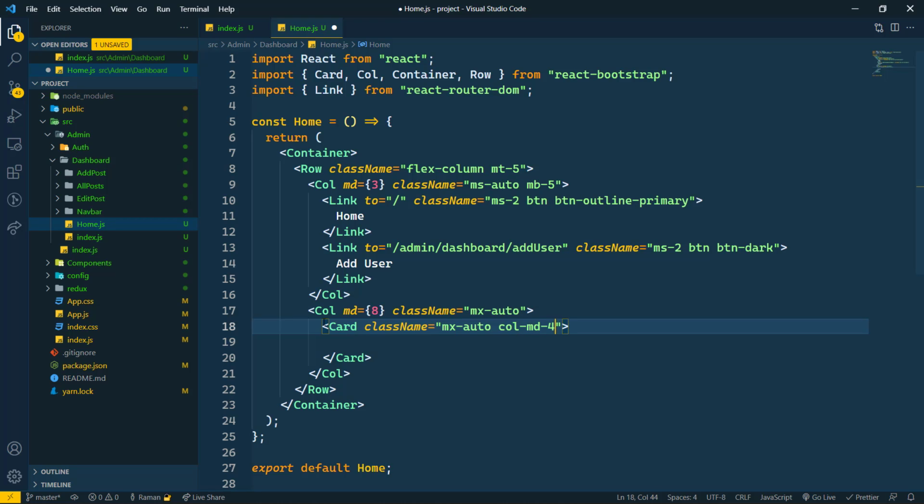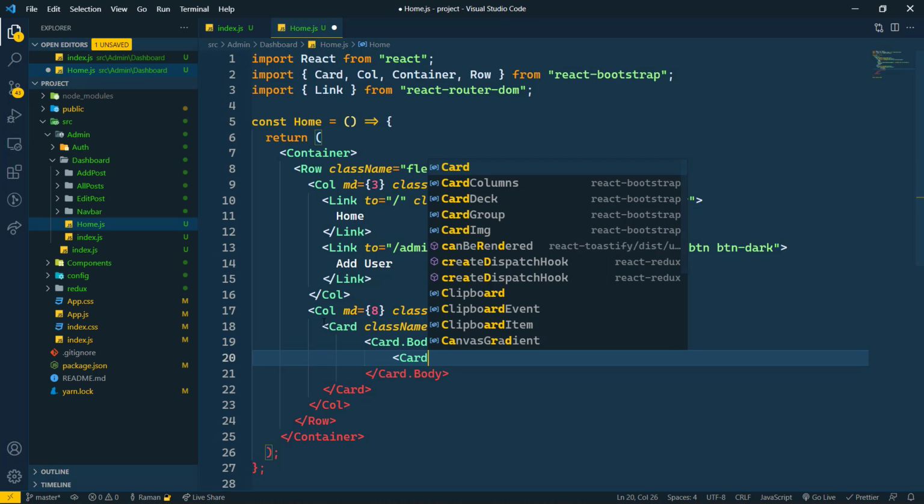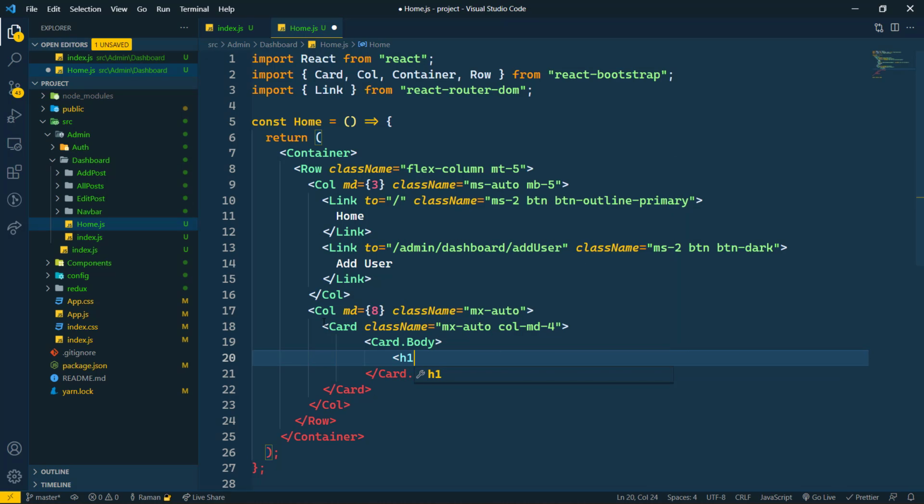col-md-4 is good. And for this we need card body, so I'm going to write Card.Body, so Card.Body is there. Let's add h1 here, so I'm going to write h1.